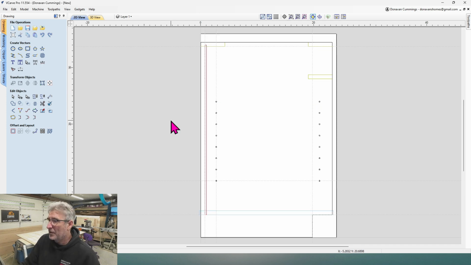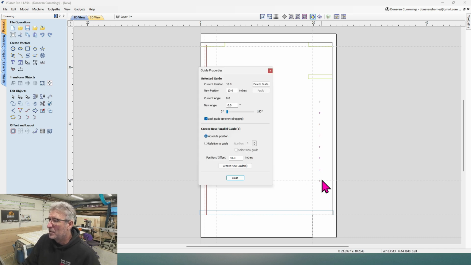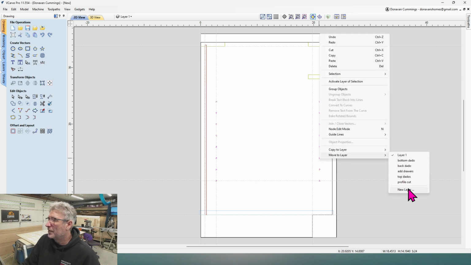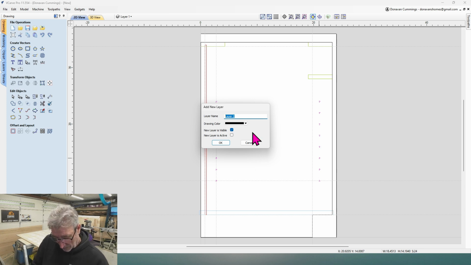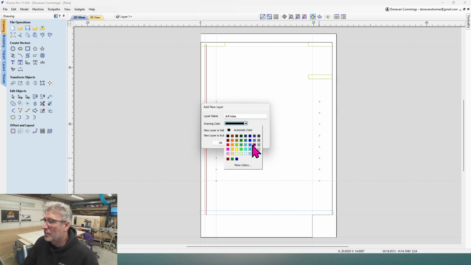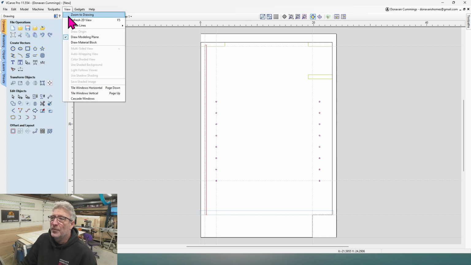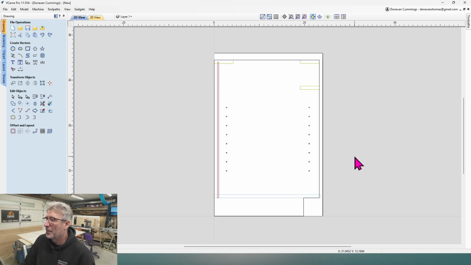So F to fit. We'll go ahead and grab all of these. Move to layer. I'm going to call these drill. We can go up to our guidelines and turn them off. And I think we have